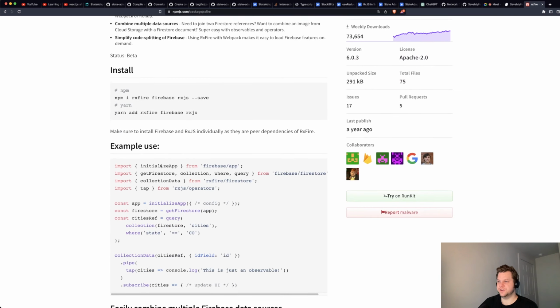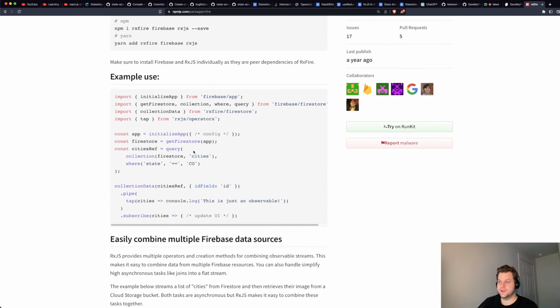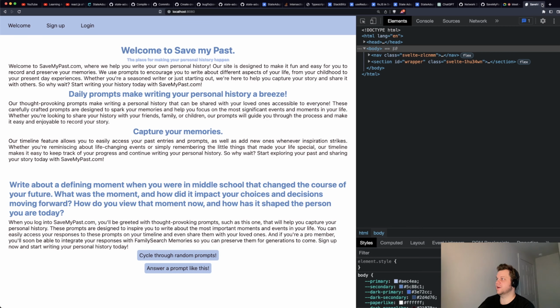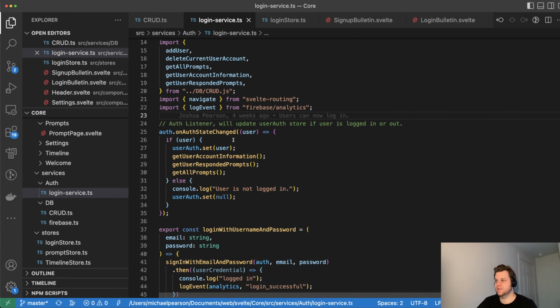Okay, so example usage. We got query. Oh, that is an observable apparently, after you call this function on it with the ref. Okay. Let's not bother with this yet. If you like RxJS later, you can do this and it'll be nicer. But I think for now, I just want to look at